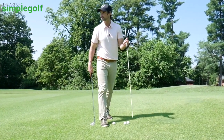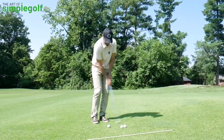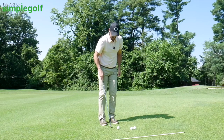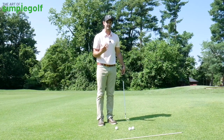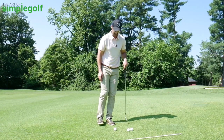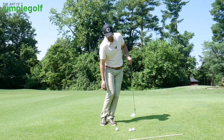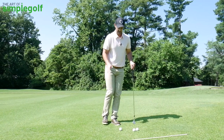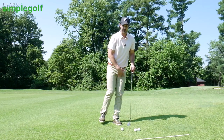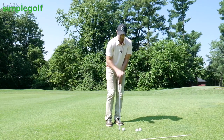So, to get the accuracy and the predictability, to be able to just bottom out with accuracy, with consistency, all we need to do is a little checkpoint to find that balance point. Think of it as that. So I want you to take your right leg off. So I'm balanced with the left leg here. But notice I can't lean too far forward and I can't lean back. I sort of counterbalance myself to find a neutral position, especially on the slope, but with more weight on the left side. And all I do now is place the right foot down lightly,